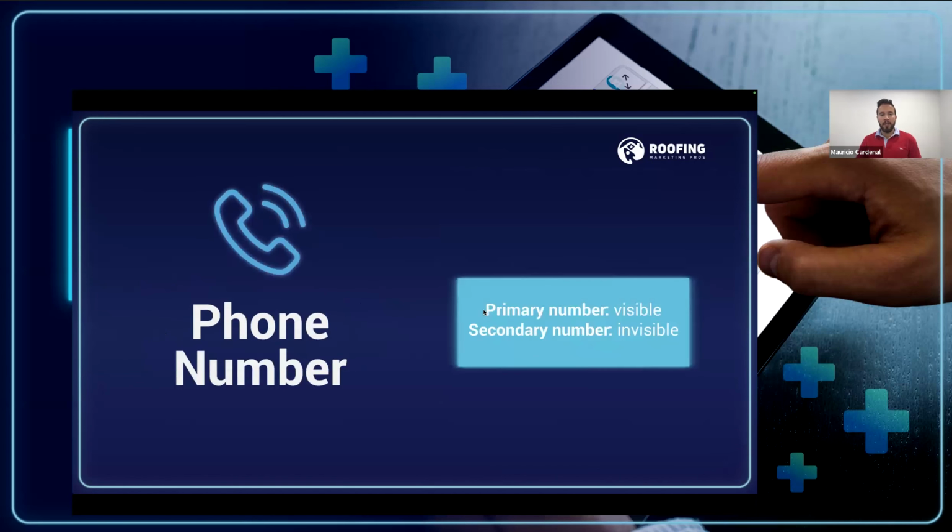The other thing is having a phone number, two scenarios. I talked about this because things have changed recently. Google allows you to have two phone numbers: a primary number, which is visible, and a secondary number, which is invisible. I recommend this, especially with Google, because recently, actually a couple of days ago,